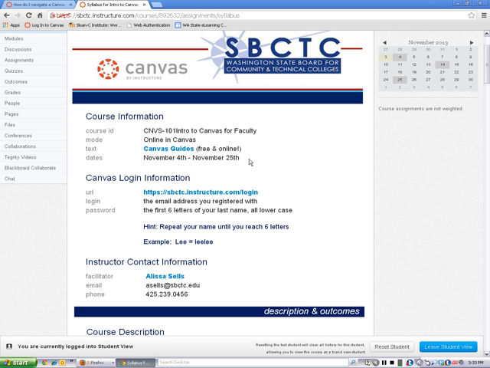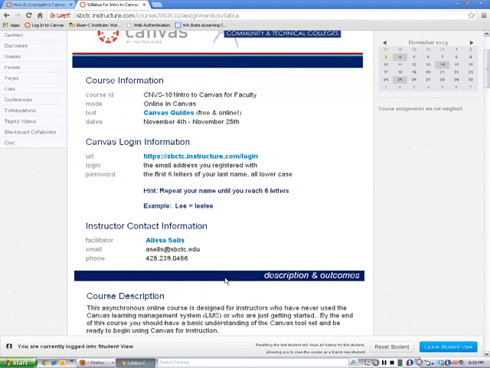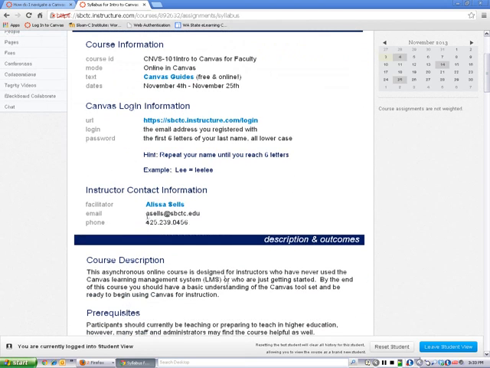Some of you will cruise through it in just a few hours, and others of you it will take a little bit longer. Here's some login information. Here's my contact information. If you click on my name, you can read a little bit more about me. I've included my office email address here, just in case you're having an emergency and need to message me outside of Canvas. That's here. I do prefer to be messaged from within Canvas so that you can get experience using